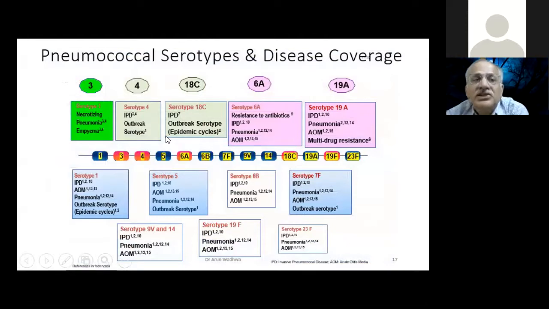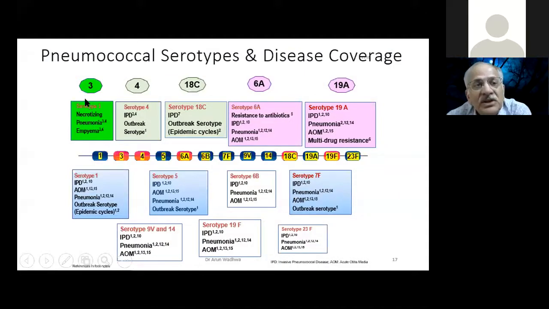So this is a master chart which says about the vaccines, and I've made it a really colorful one so that you can easily understand. The PCV13 has all these 5 which are different. The rest are all the same. So serotype 3 is not there in the new PCV10s. 4 and 18C are in the older PCV10, that's why I made it light green, and 6A, 19A are there in the new PCV10, so I made it in the pink color.